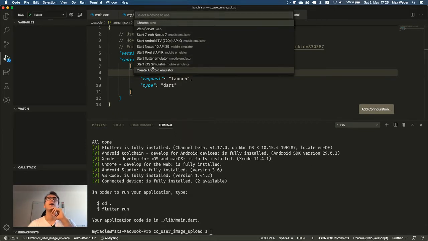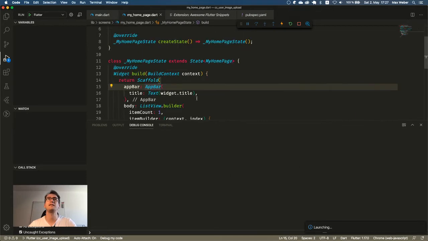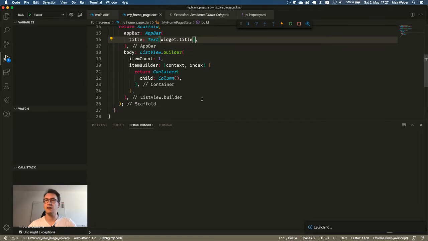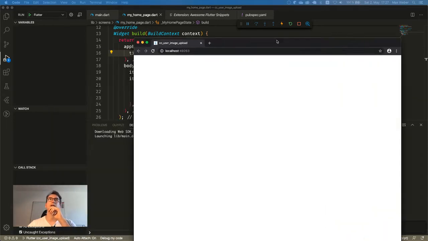And what you can see, now we have two more options here. We have the Chrome web and we have the web server web. I will use Chrome now, because I think Chrome is a tad faster in build up and startup, because, well, it's a Google product, so I hope that they always make the performance better for their products, right? So let's see. I think it will open up its own Chrome browser for that case. Let's see. Here we go.